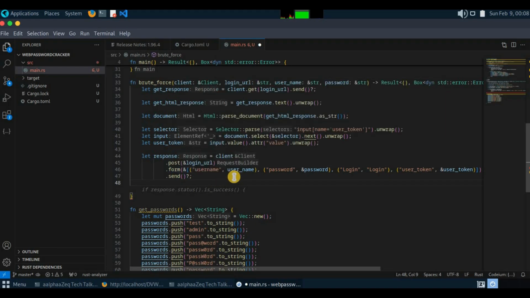Now we are posting it. As per the logic, everything is correct for us, at least what I'm thinking. We send a get request, then we fetch the user token, then after that we are submitting the values with the user token. And this one should be returning